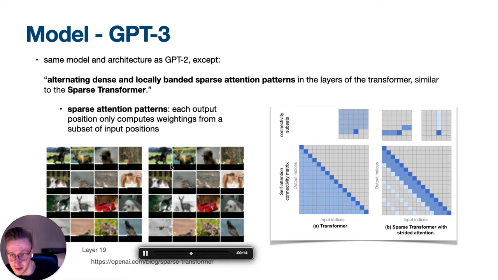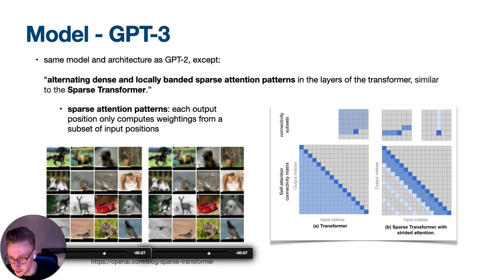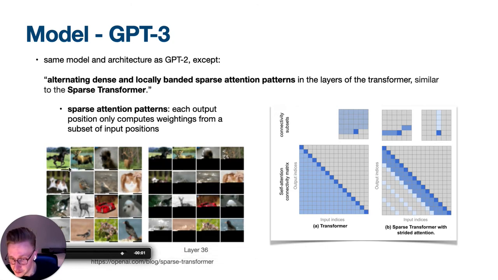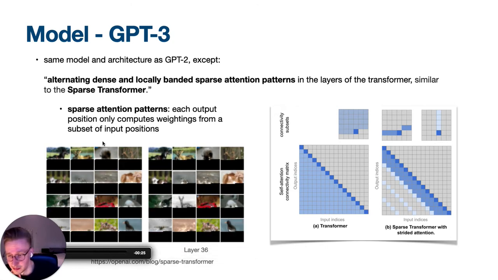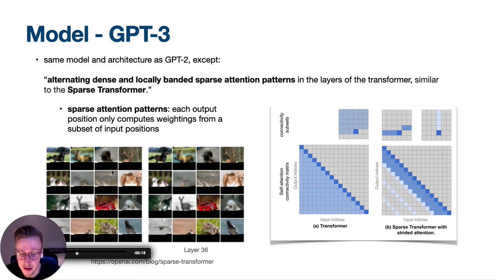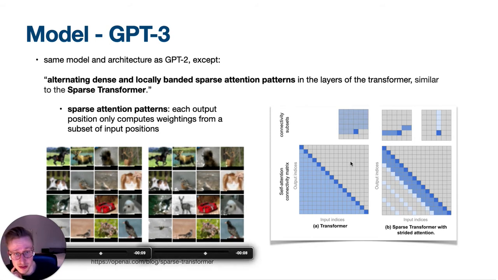When you want to predict the next value, there are white dots all over the image, so the attention is all over the image. But what they basically found out is that a lot of layers look like the one on the left, where they have that sparse structure. And the conclusion from this was that some form of sparsity can be introduced to the attention computation without significantly affecting the performance. So they introduced that sparsity.